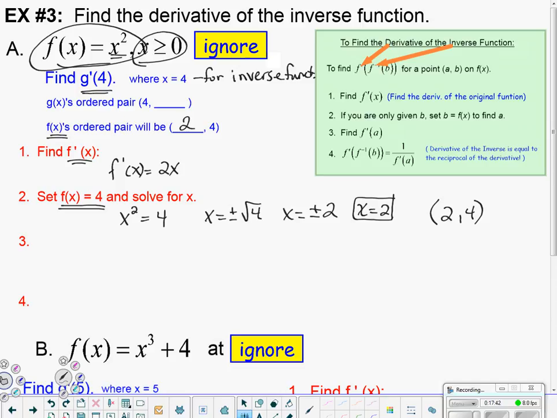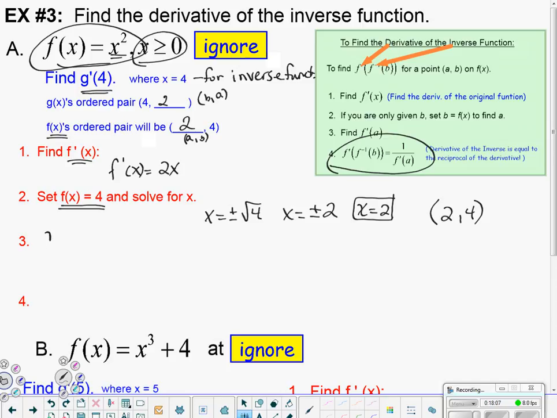When I solved, this was my y value. When I solved for x, I got 2. That means then this is the ordered pair AB. I can flip-flop this and make this BA. And I get 4 comma 2. All right, that helps. Now we're going to use this notation here,